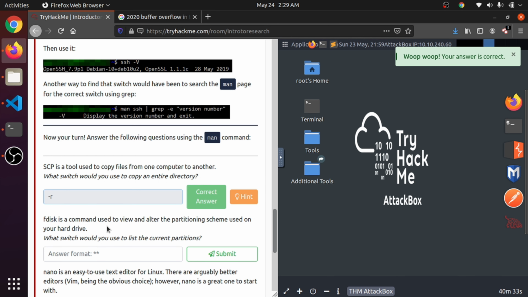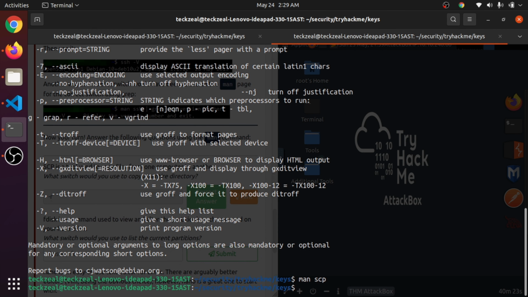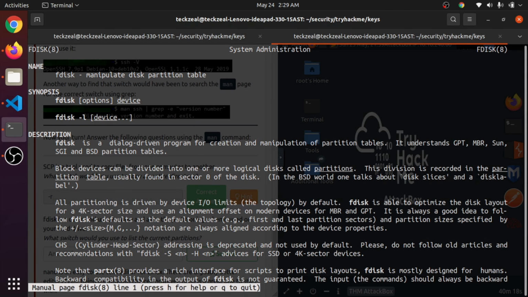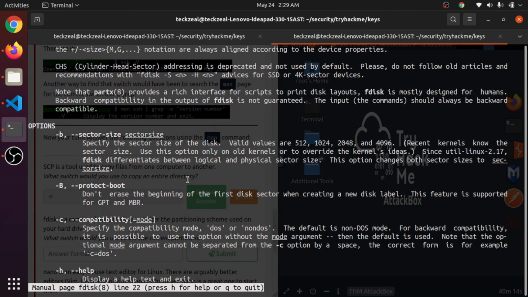fdisk is a command used to view and alter the partitioning scheme used on your hard drive. What switch would you use to list the current partitions? So we will open man fdisk. List the partition tables, I think -l.